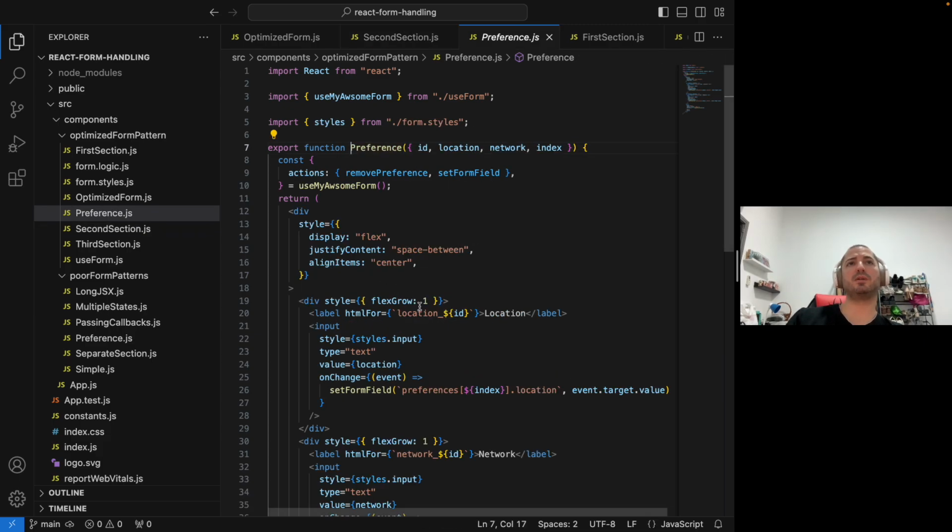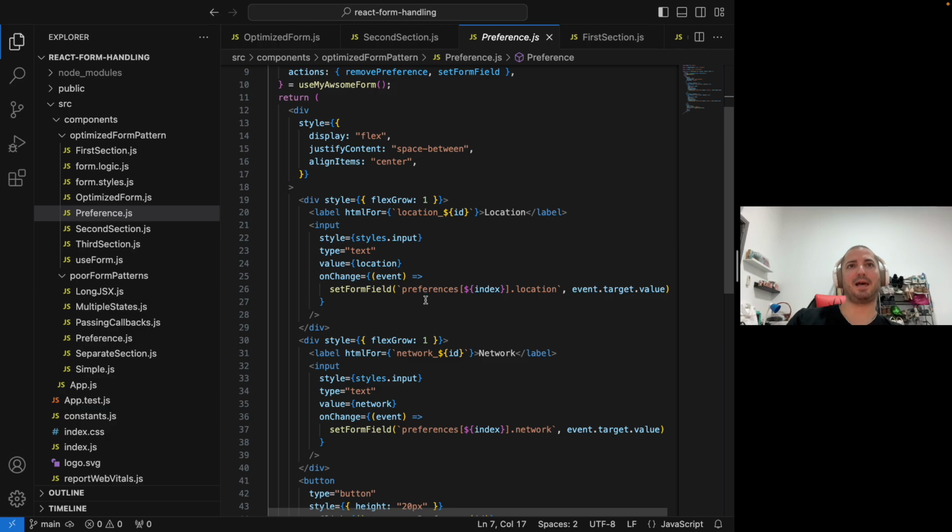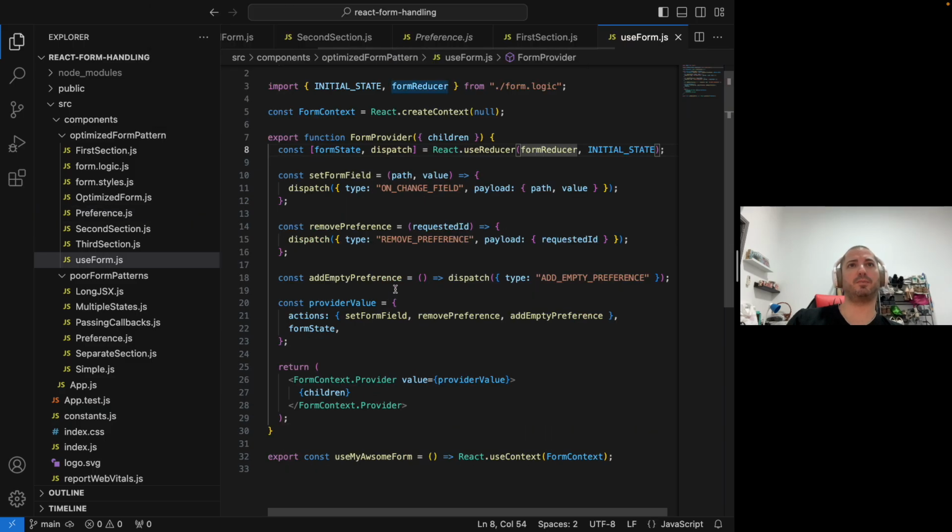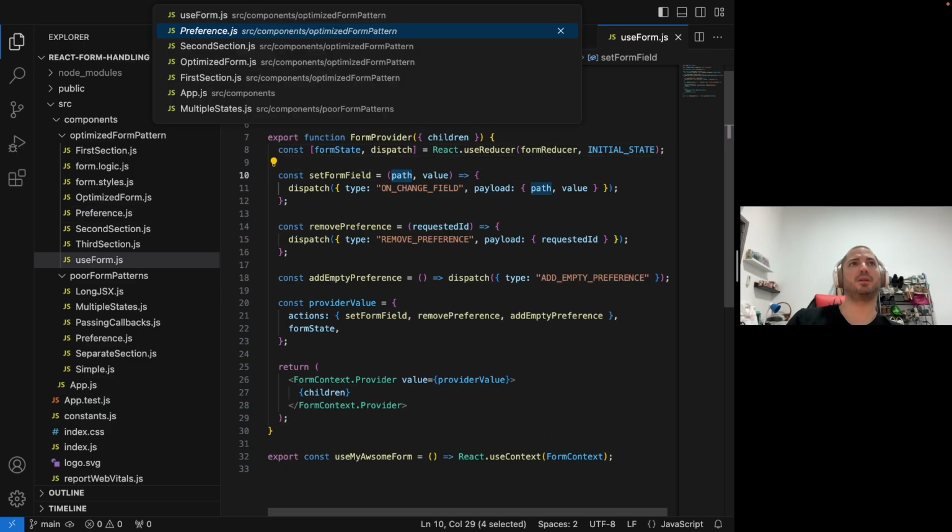Because using Lodash-FP allows me to pass the path of the property that I wish to modify in this manner, which to me is very simple, very readable. As you can see in my use form, I take the path and I pass it, and then in my reducer,